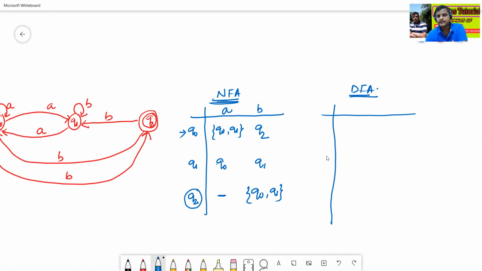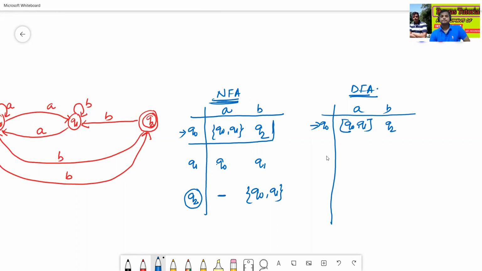Simply copy the first one. This is Q0, then Q0, Q1, then this is Q2.